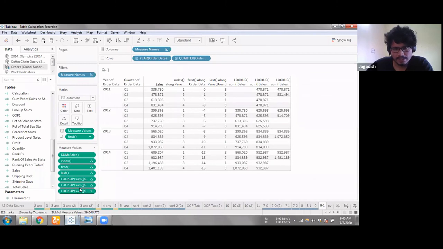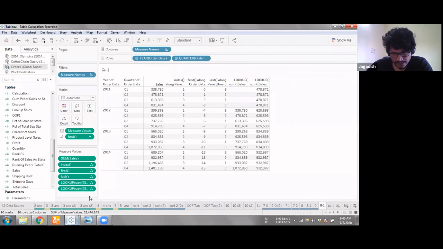So yeah, you can play with these helper functions and the lookup function to arrive at a particular value. It takes a little bit of practice to understand that. So that's the lookup function, and there is a function similar to it, the previous value function, which is very rarely used in table calculations. What this previous value does is, let's see, it's asking for an expression.